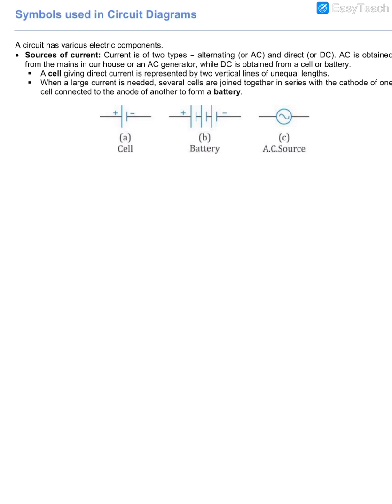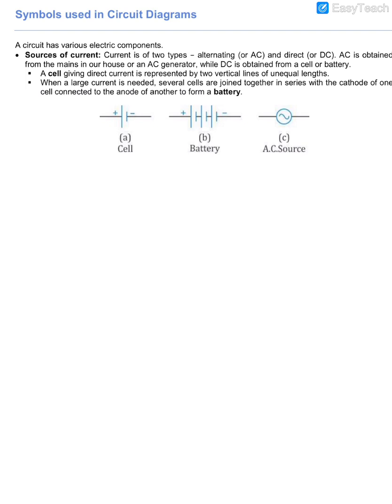Okay guys, now next thing is about the symbols. There are circuit diagrams, and to draw the circuit diagrams we need the symbols. Now guys, what are basically the circuit diagrams? A circuit diagram is like the simplified version of how you are making a circuit, how the wiring and all is done in your house. So when you want to draw a cell, you do not actually draw an artistic picture of a cell, you use symbols for them.